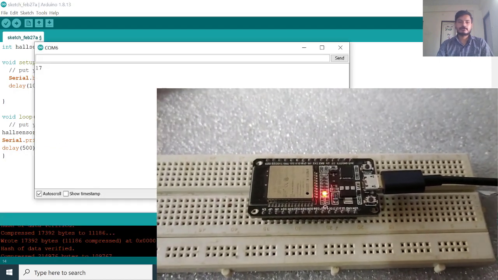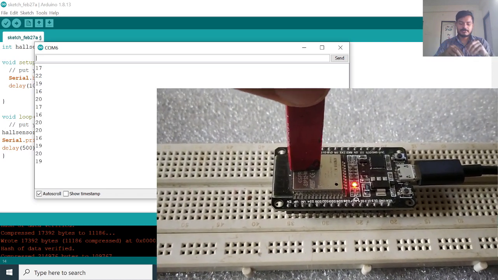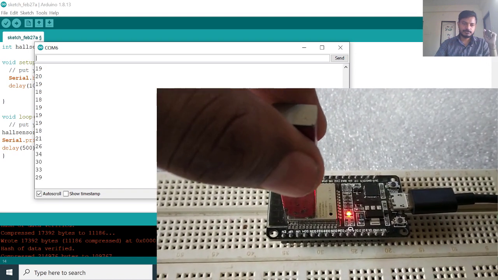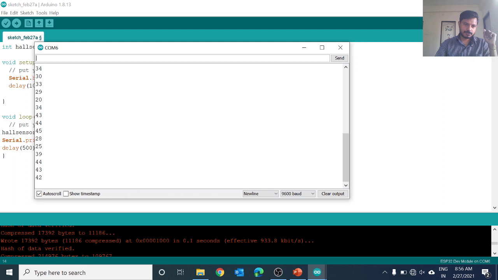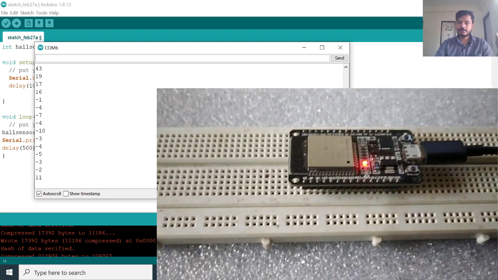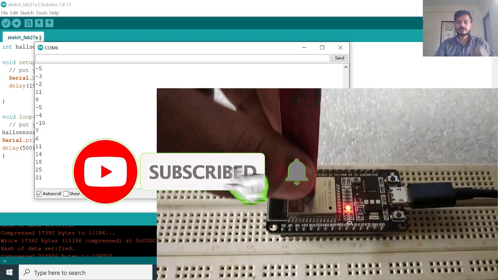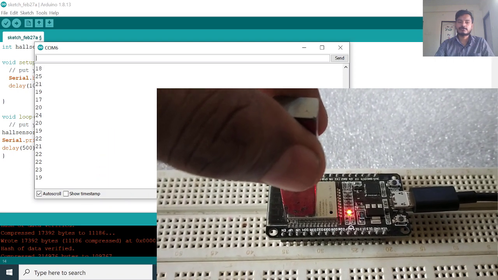Let's open the serial monitor and see the values of the Hall effect sensor. Whenever I place the magnet on the metal core of the ESP32, you can see the changes in the values. You can see the values are increasing. Whenever the magnet is very close to the ESP32 board, the values are increasing, right? Now I want to change the pole. Whenever I change the pole, you can see negative values from the Hall effect sensor. This way you can detect the poles as well. It's very useful, right? Whenever a magnetic field is near the ESP32 board, it will show an increase in the value of the Hall effect sensor.